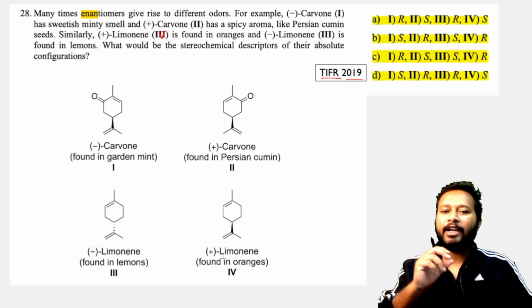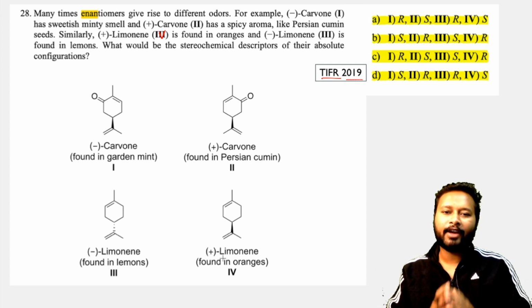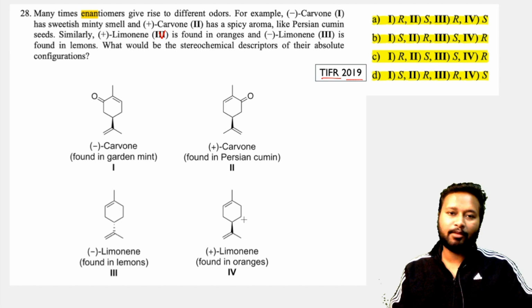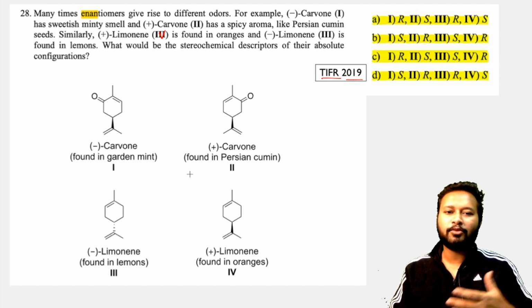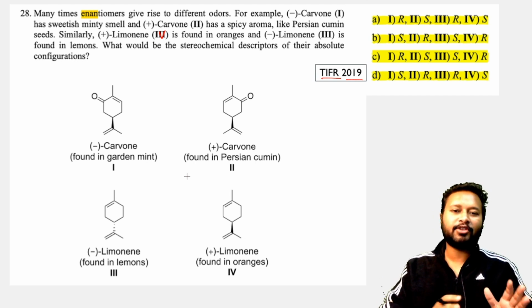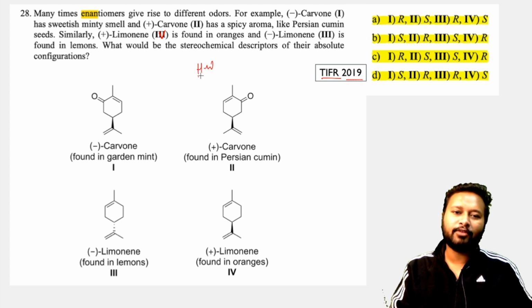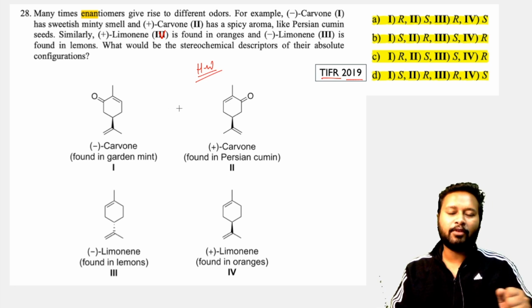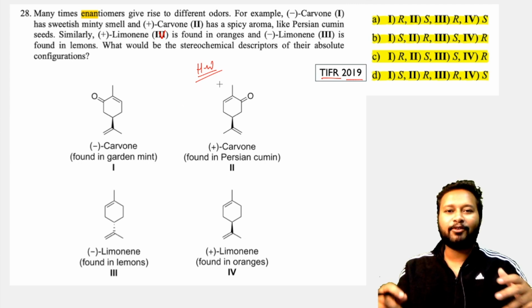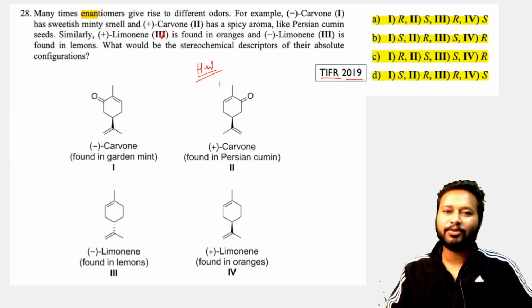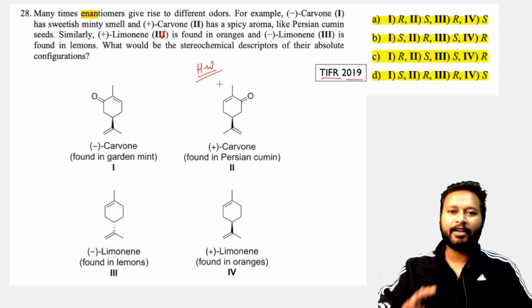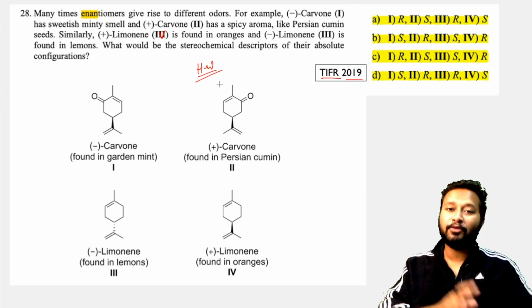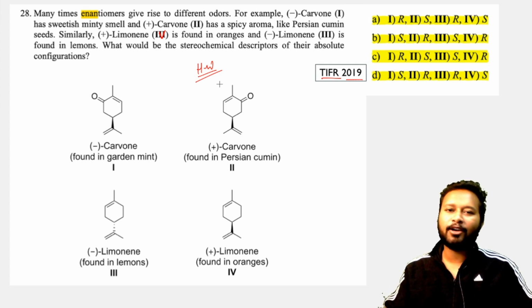I hope you know enough stereochemistry to find out the absolute configurations of the molecules given here, and it is pretty simple. These are all terpenes and their derivatives, so you can easily do that. I am leaving this question as homework for you all, as I did in the previous video also, and many of you have done it correctly, and I'm very happy to see the answers there. I would be very happy if you answer this question correctly as well. After a few days I will update the answer in the comment section of this video. If you know the answer, please comment it below.